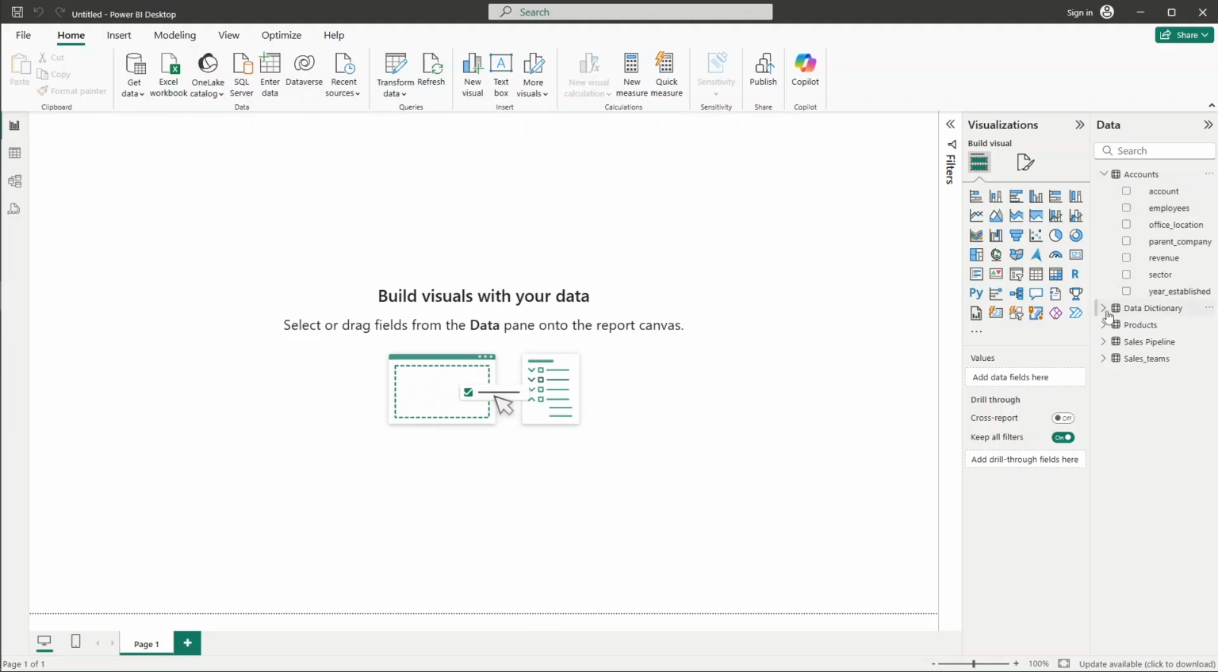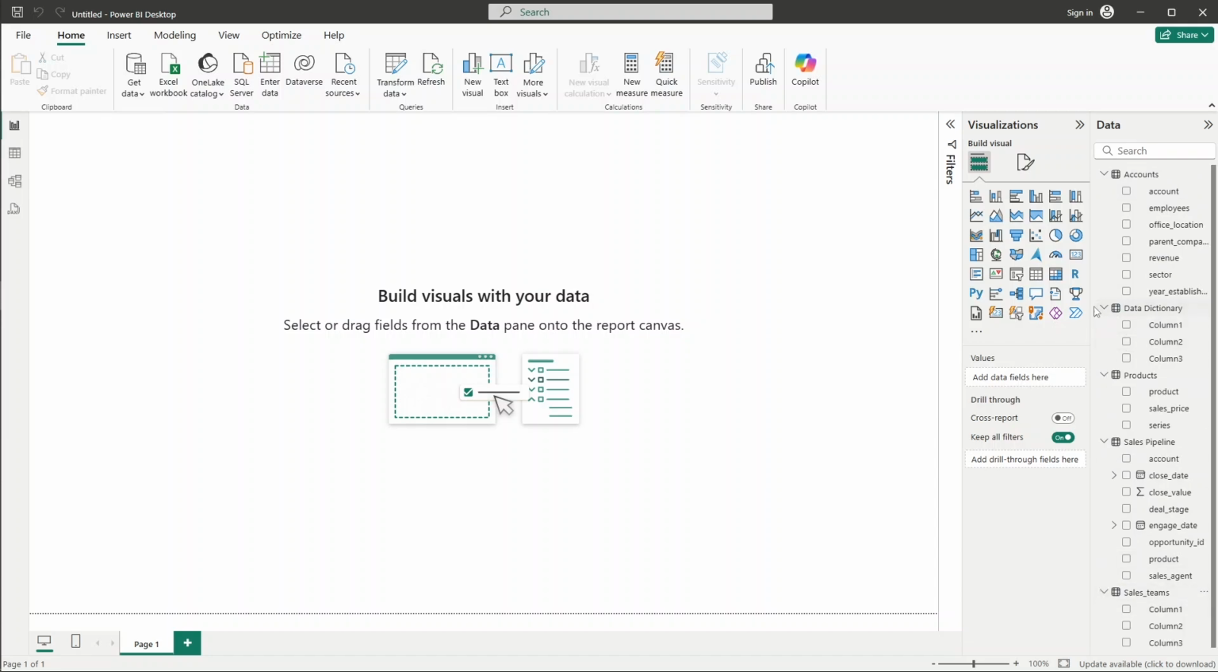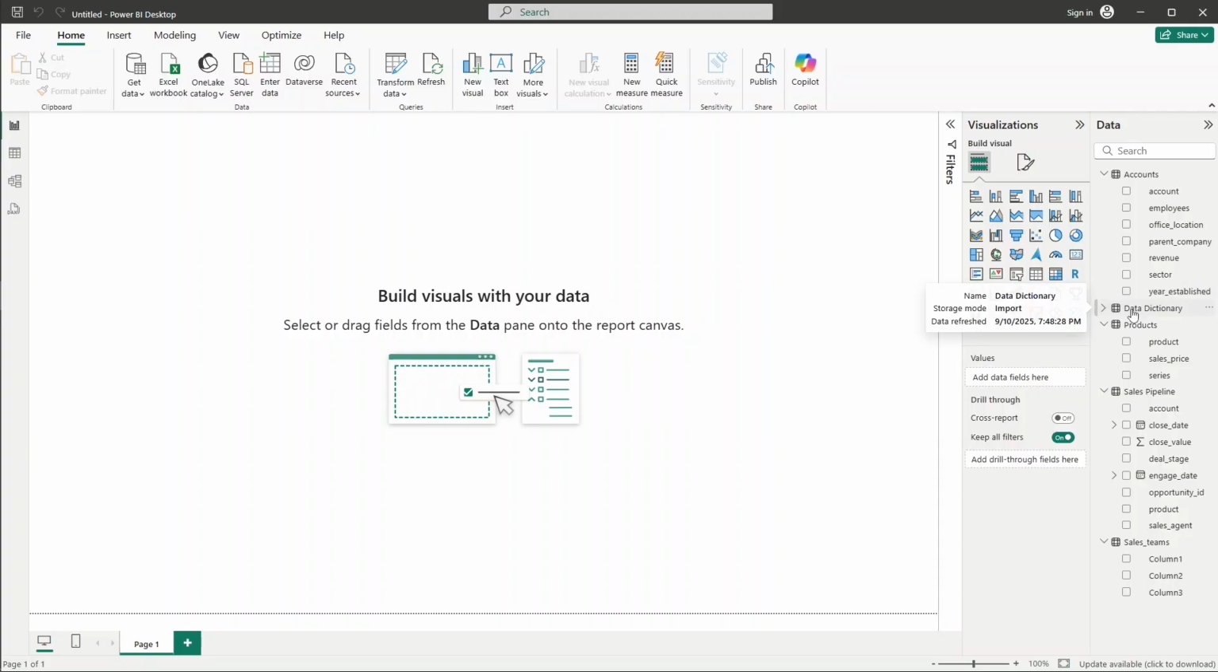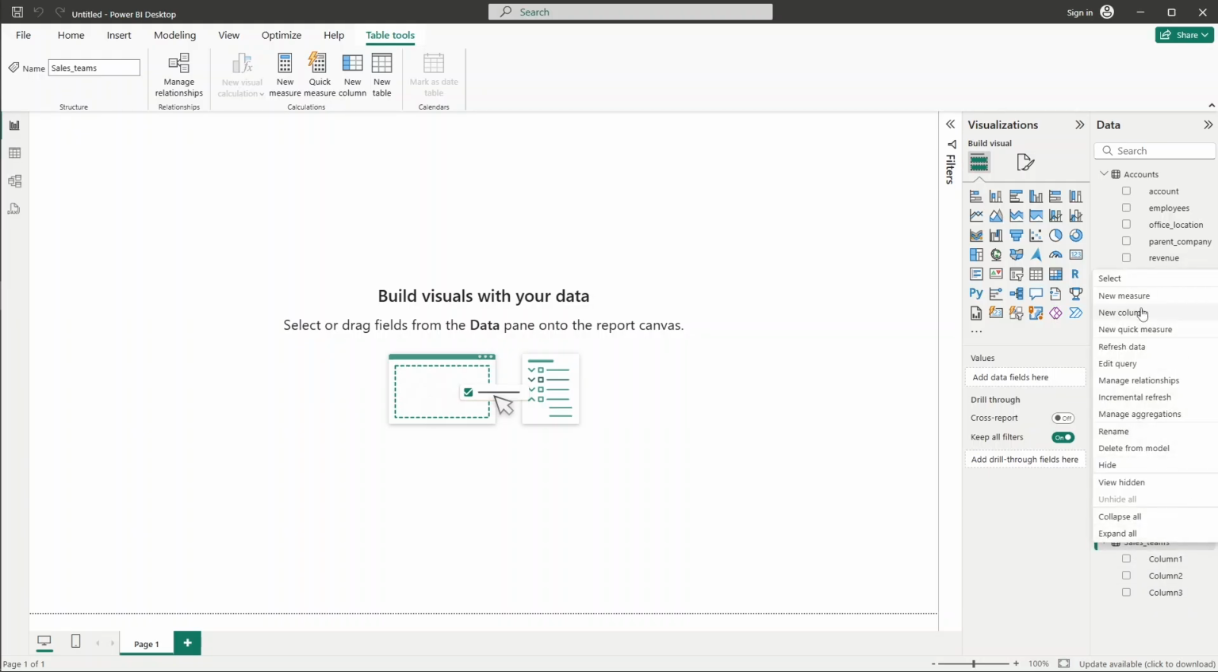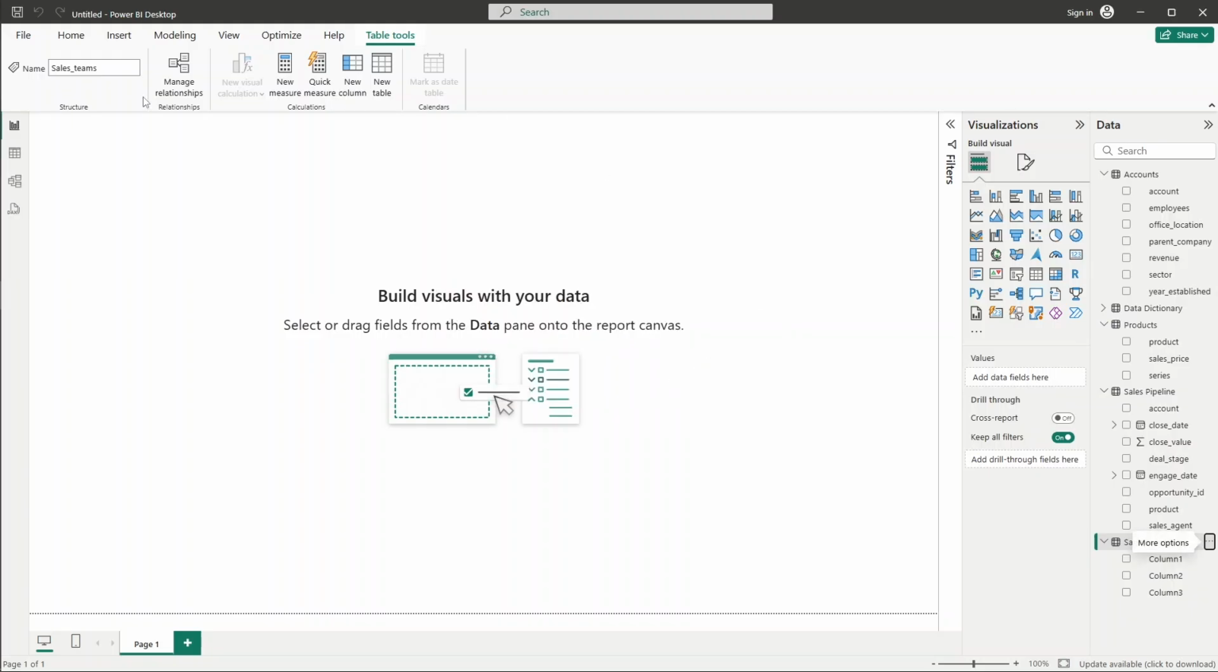Alright, we won't really need the data dictionary because it's just the explanation of the columns, so we won't be needing it. But for the sales teams, why is it column 1, 2, 3? I think we did a mistake there. We will have to get data again for this table, so let's delete from model, yes,